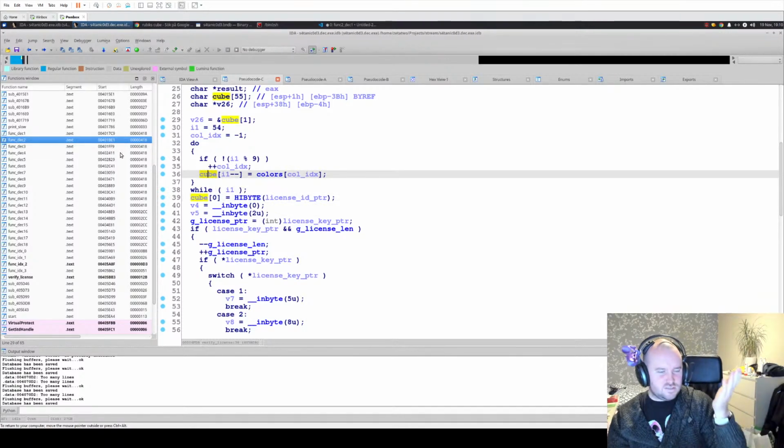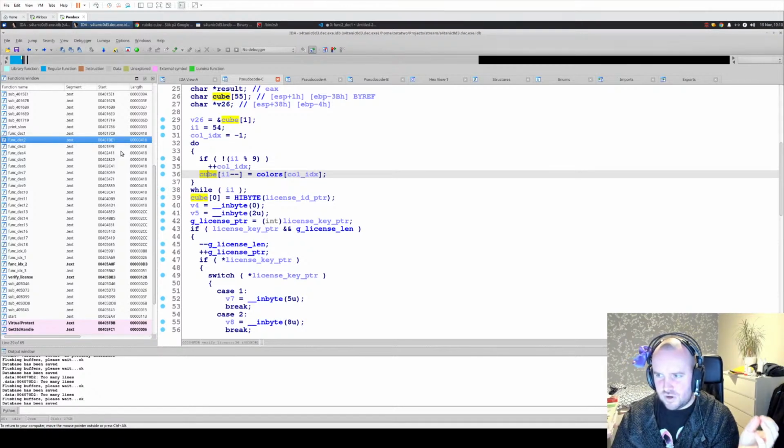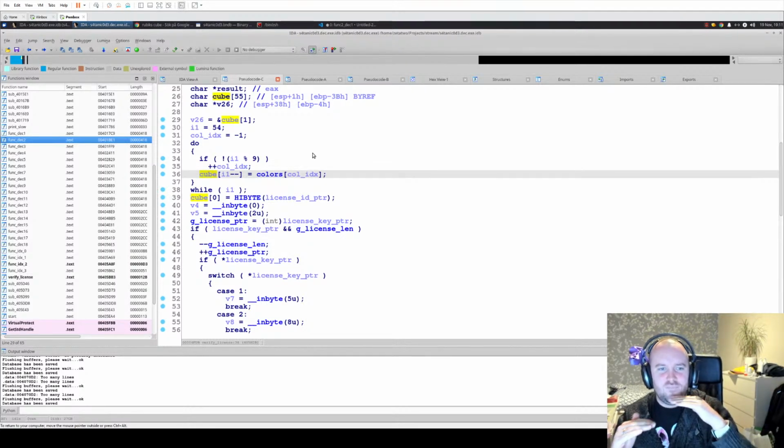Okay, anyway, let's assume that those 18 functions correspond to 18 different moves. Still thinking. Oh no, right, yes, there are 18 different moves, because the